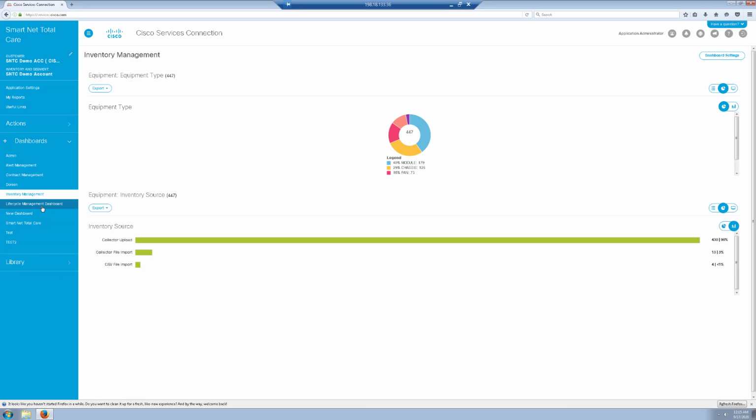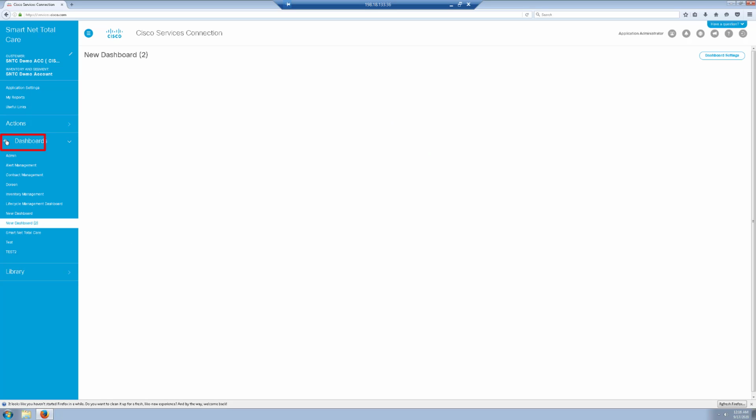And those are the canned dashboards that are within the portal. Now, what if you want to make your own customized dashboard? How do you do that? You go ahead and click on the plus sign here beside dashboard. And then you're going to see a new dashboard light up. In this instance, it's going to be new dashboard with the number 2 beside it because I've already made a couple of dashboards. And then you go over to dashboard settings,